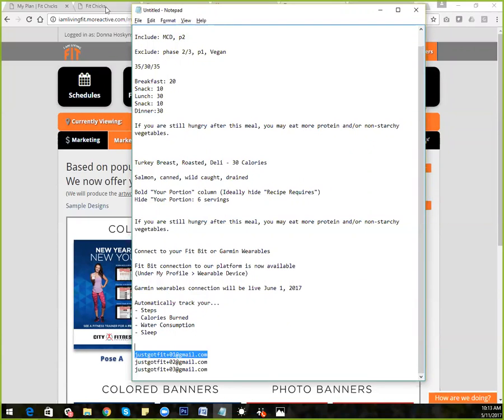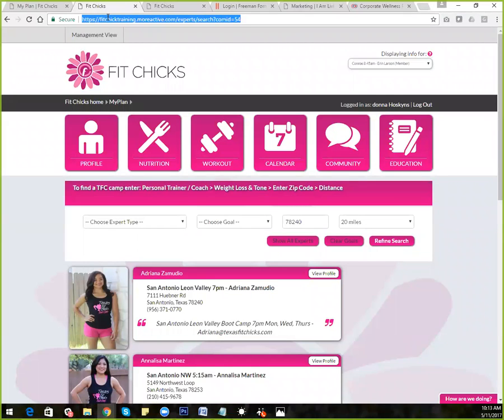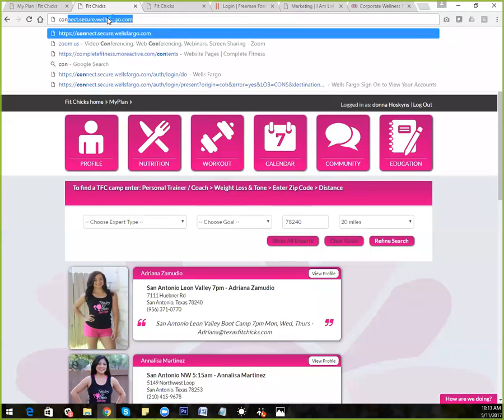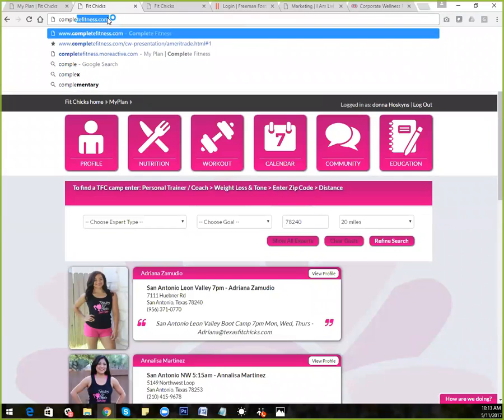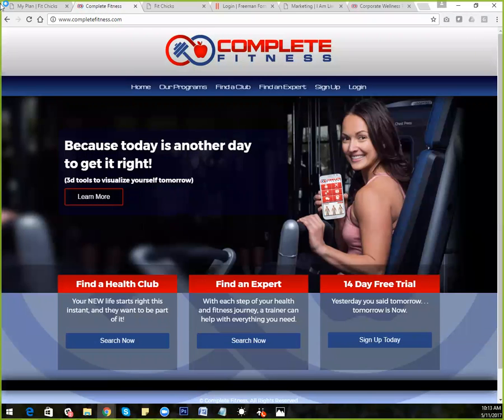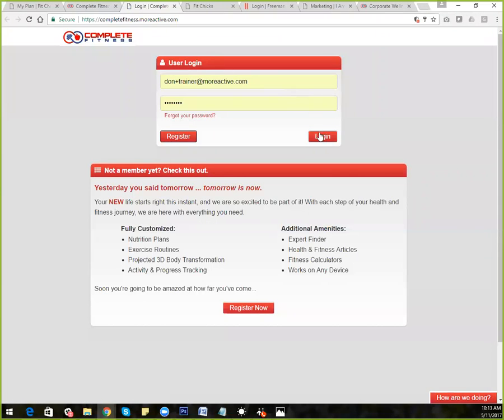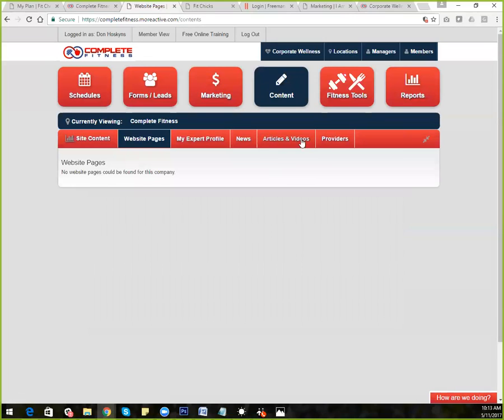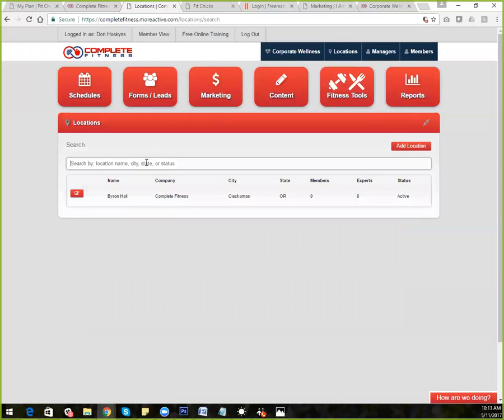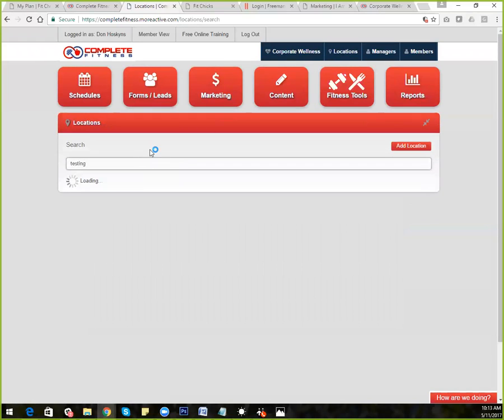Then what's nice about our system is when you log into the backend management tools, any of the access codes that you created, so you would create a free trial access code, or you may have different access codes for different locations. Whatever is going to make sense for you, you can create those access codes in multiple communities. So now if I go into locations and I go into the location that I created all of those codes for,